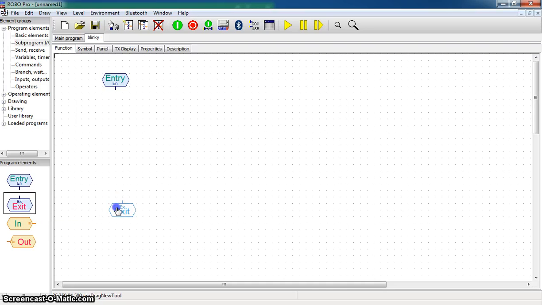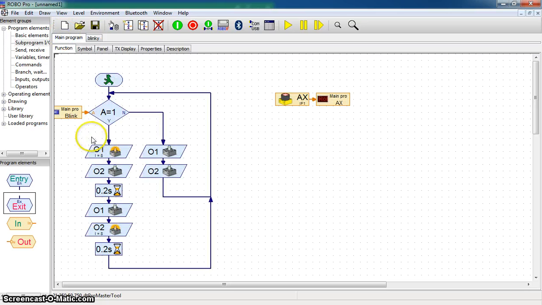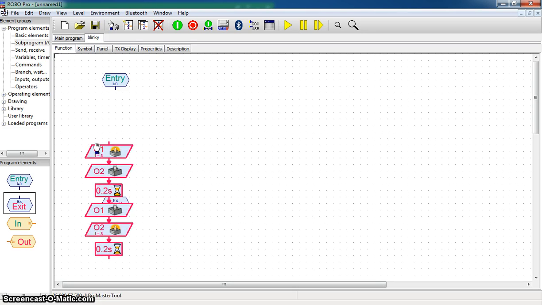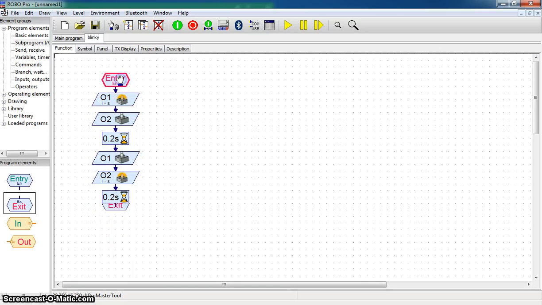We can actually rename these if we want to. You can actually have multiple entries and multiple exits. It's very nice. In a marble sorter, you can then have your sort subprogram, which has a single entry and then 3 exits, one for red, blue, and green. But in this case, we're just going to need 1 entry and 1 exit. We're going to take this chunk of code right here, and we're going to cut it, and we're going to paste it into Blinky. And we're just going to attach it to the entry and the exit points,